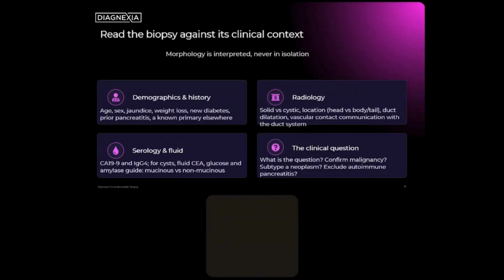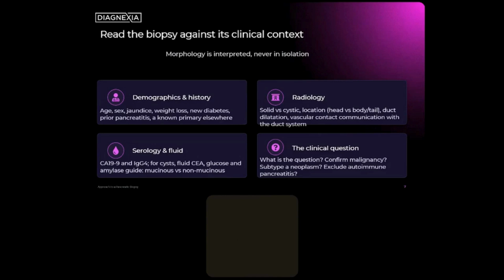Now, I can't stress the importance of the clinical context, and I think when we did the esophagus, I also stressed the importance of clinical correlation and knowing what the endoscopist is seeing in the esophagus. Similarly, we need to know exactly what the clinical context is, what the clinical picture is, and very importantly, what the radiology is. Now, the pancreas is an organ where radiology is excellent, and in many cases can be diagnostic. So I think knowing what the radiology is before you examine the sample,